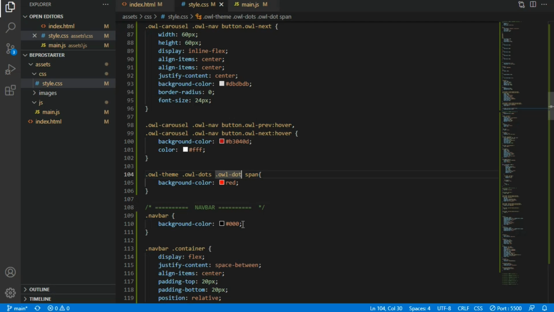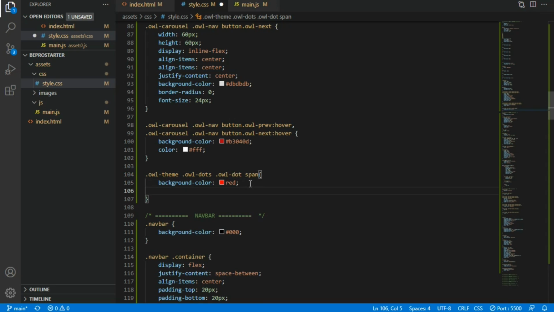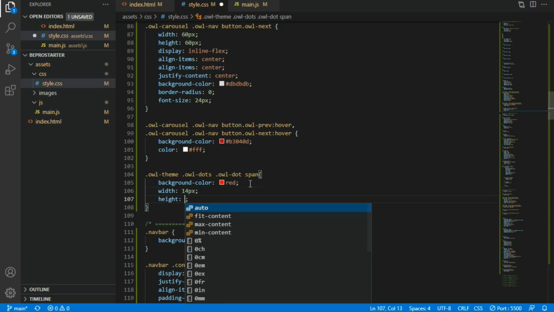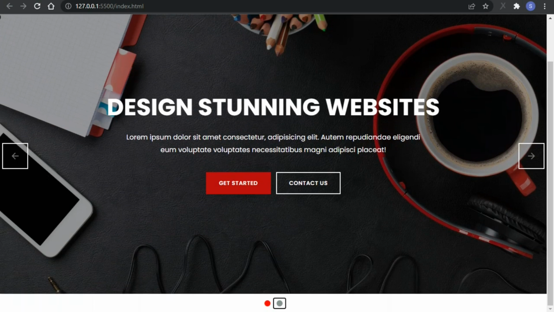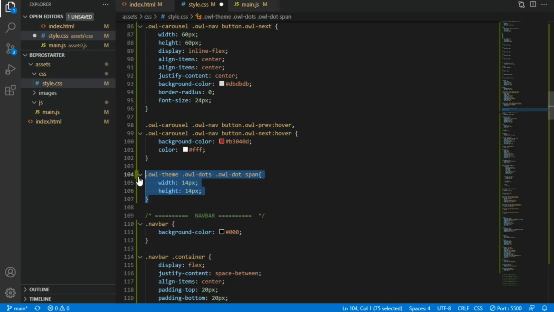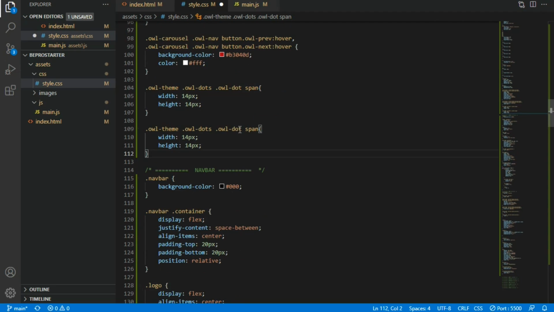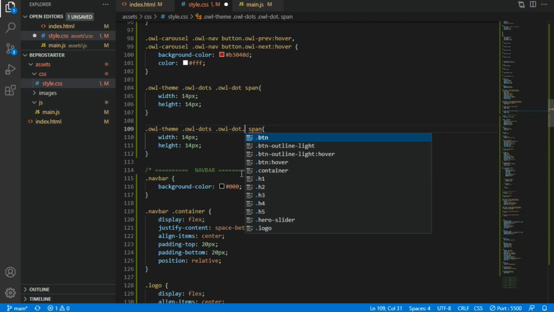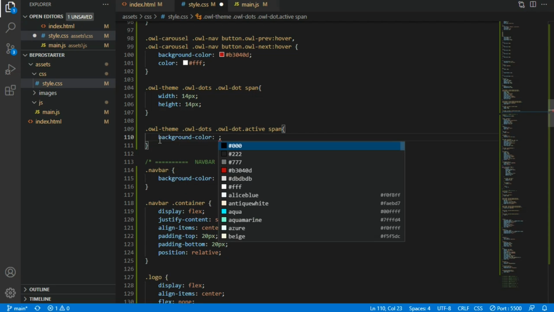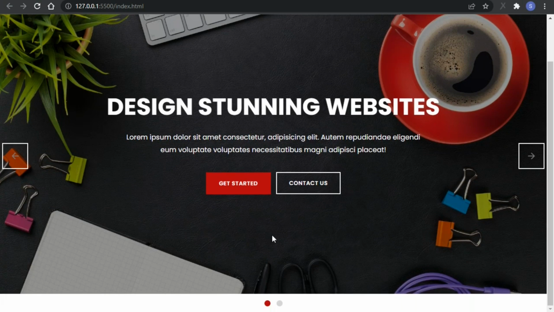And so on the active, so I'm going to change the background color on the active state, but for now I'm going to increase the width to something like 14 pixel and the height 14 pixel. So as you can see, and I'm going to change this color to the brand color on active state. So when the all dot has a class of active, then I'm going to select the span tag, and I'm going to change the background color for the active icon. So as you can see,